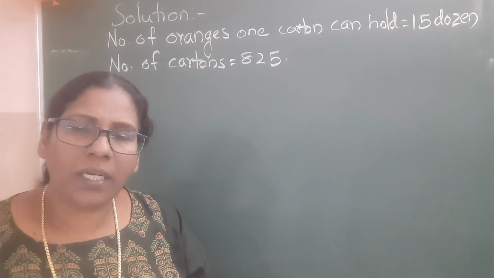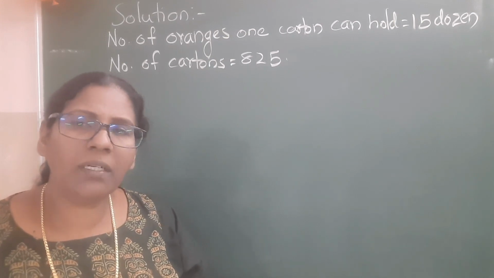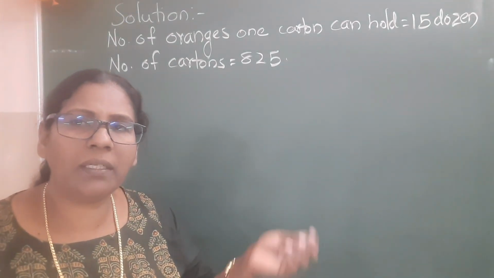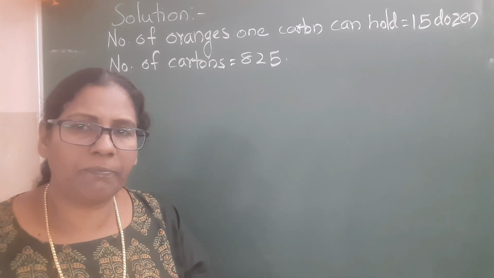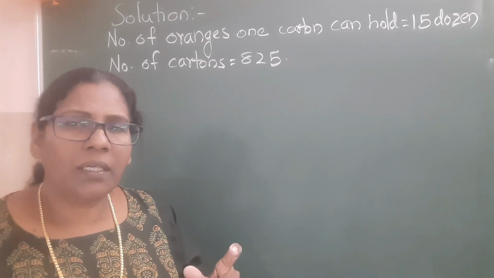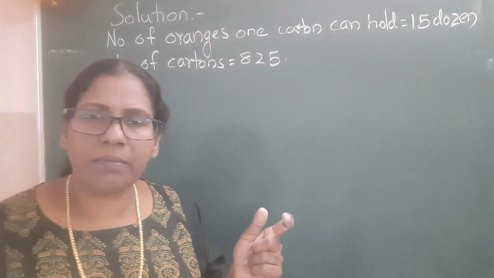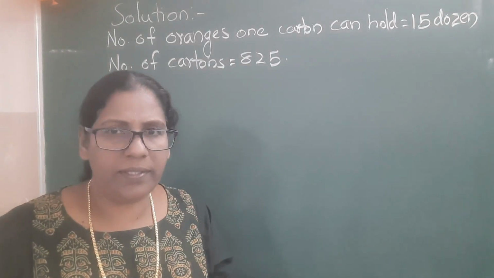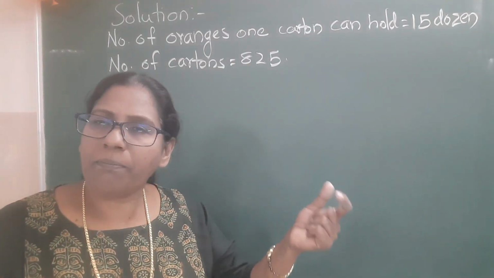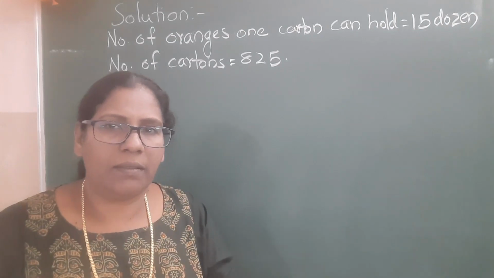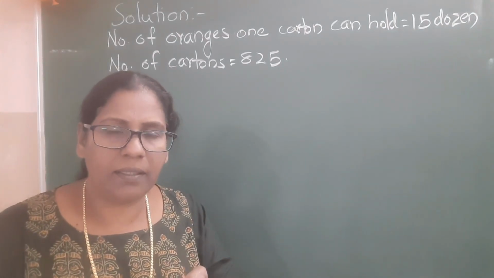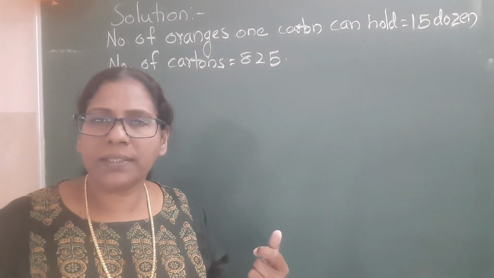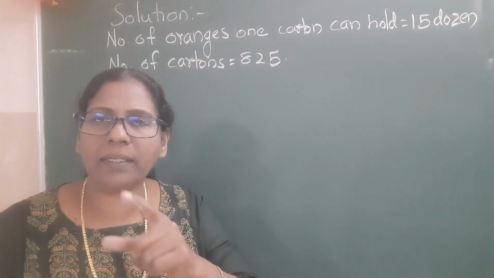If one carton can hold 15 dozen oranges, then how many oranges can be packed in 825 cartons? That is the question. Here there is something you need to notice: in one place it is said number of oranges, in one place it is said dozen, that is 15 dozen. So what we have to find is the number of oranges that can be packed in